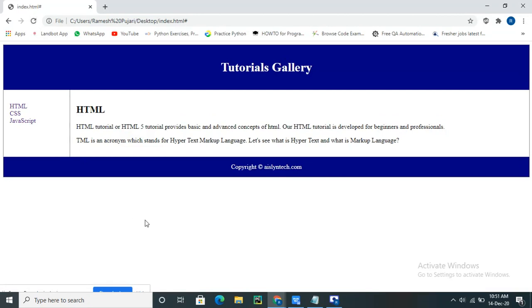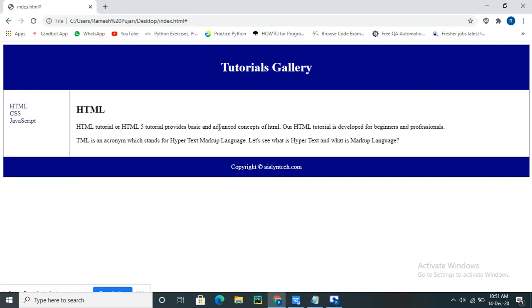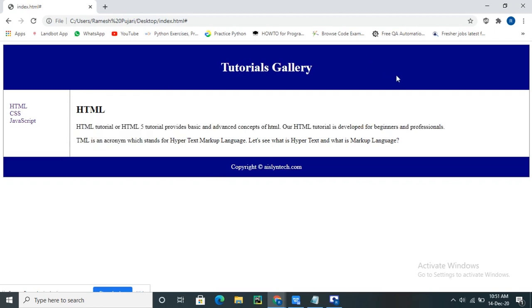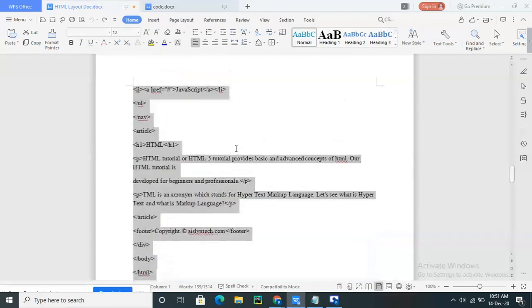This is the footer, this is the heading, and this is the sidebar, and whatever you write will be displayed inside the browser, meaning inside the layout. So this is like a frame. This is one separate frame, this is another separate frame, and this is the heading. Based on your requirement, you can make use of these things. So this is all about the CSS framework.